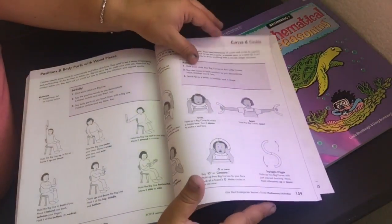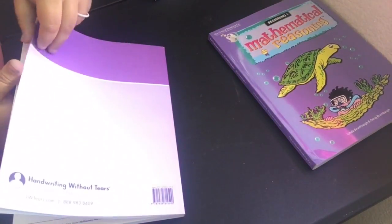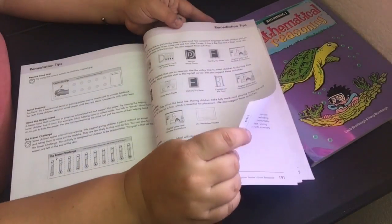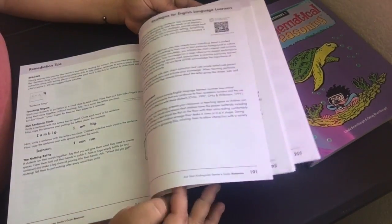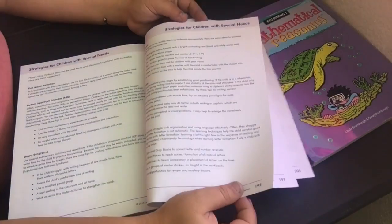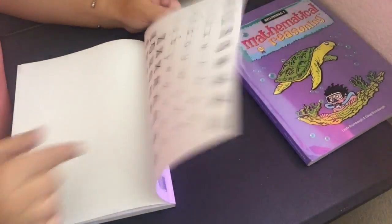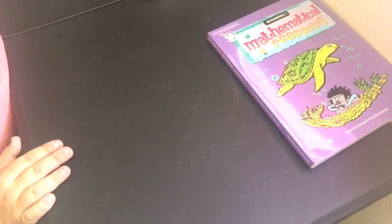with your child. And it goes through all of that, and then it gets into additional resources. There's a lot in the guidebook. School to home connections, remediation tips, more remediation tips, strategies for English language learners, strategies for children with special needs, handwriting standards for written production, and references, and all that good stuff. And then in the back you have the chart that shows all the capital and lowercase letters. So that's his